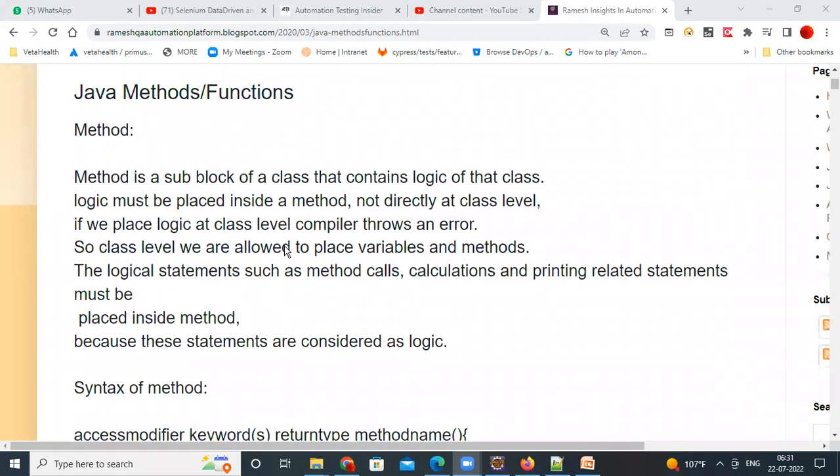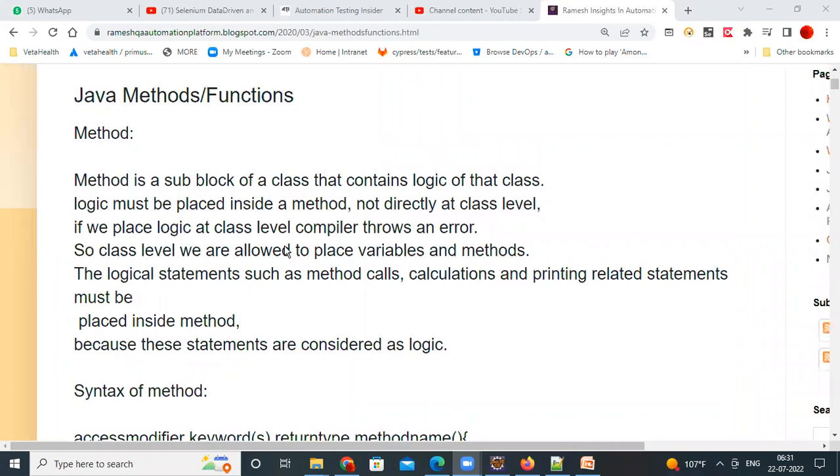So let me explain again. Java methods or functions are crucial for the entire Java and Selenium also. You will write methods only, even in Java, even in Selenium also. So that's why the methods topic is a very, very important topic. And a method is a sub-block of a class